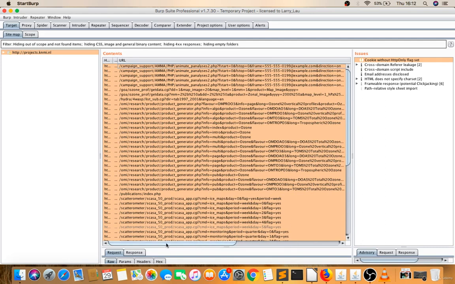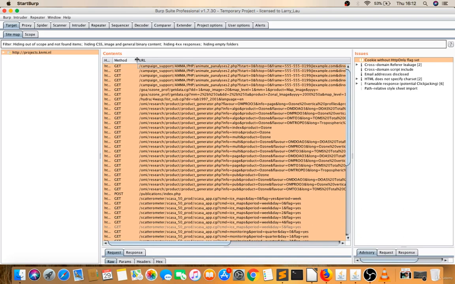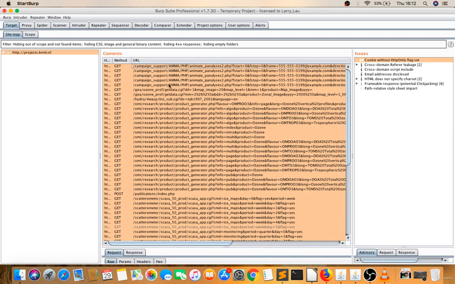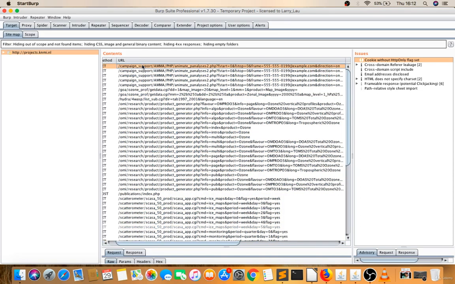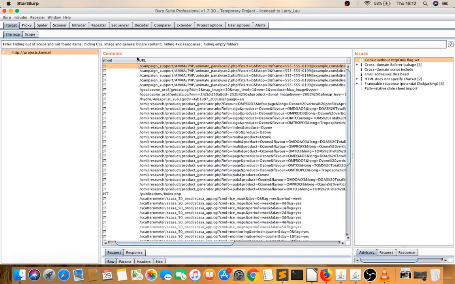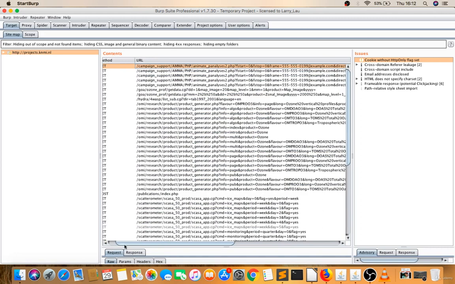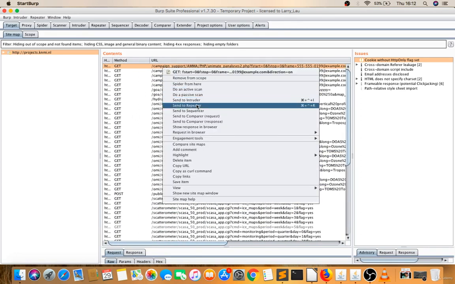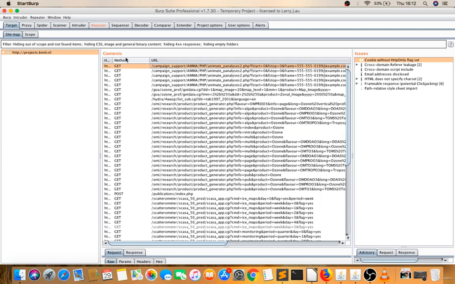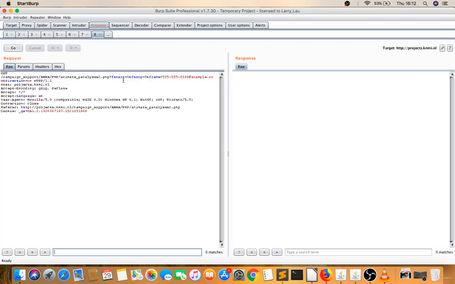See, there are this many URLs and you have to test all of them one by one. So I'll pick the first one. Okay, right click, send this to repeater, because you don't know which one is vulnerable. I'll check. See, there are f start, f stop, frame, direction. So I'll check one by one.